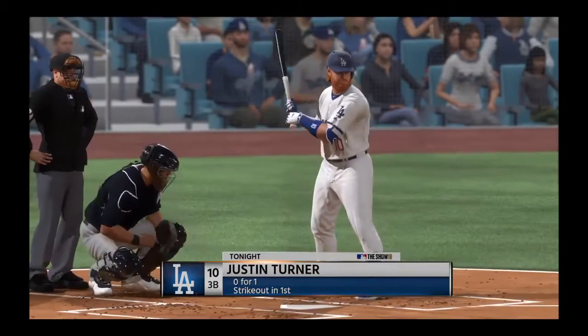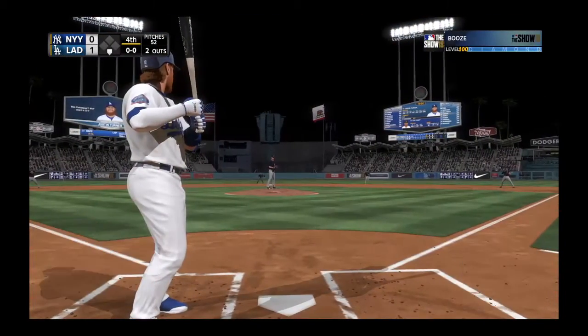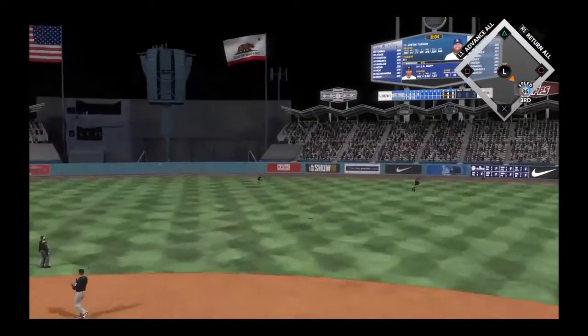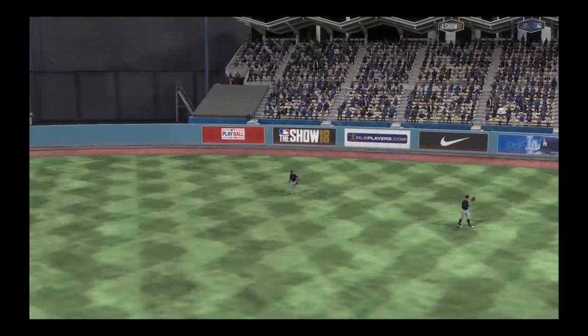Riding in once again, Justin Turner. He'll look to bounce back after striking out his last time up. Now here it comes. Drives it out to deep right center field. After it is Hicks. He's there to track it down, and that'll